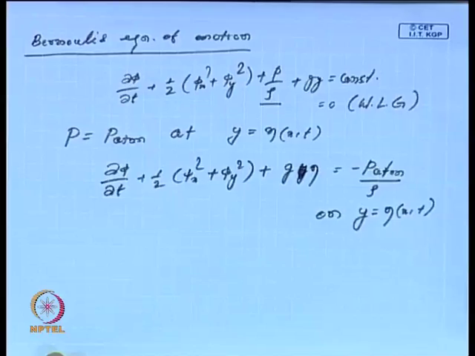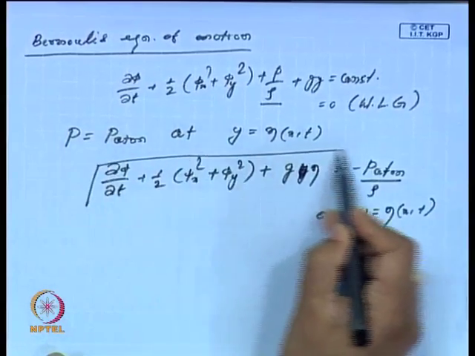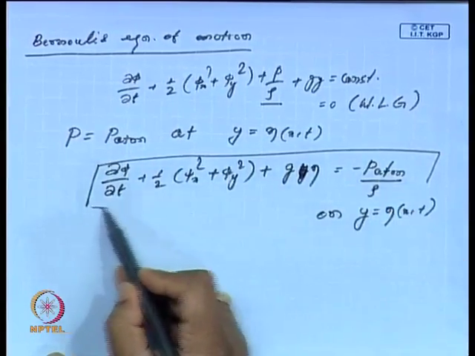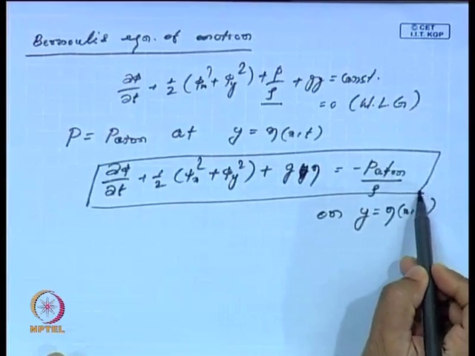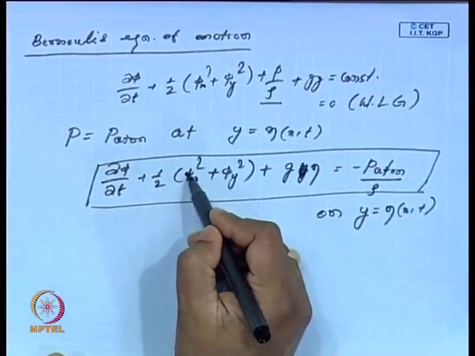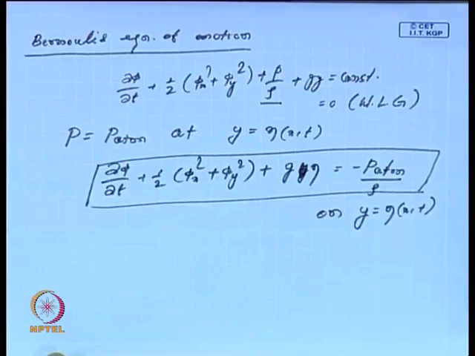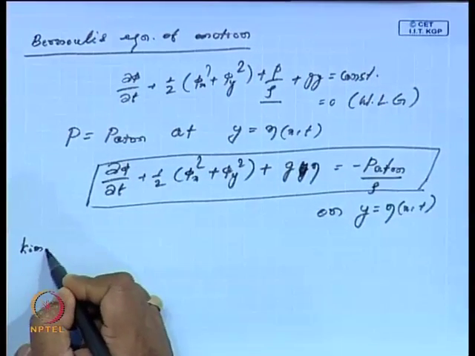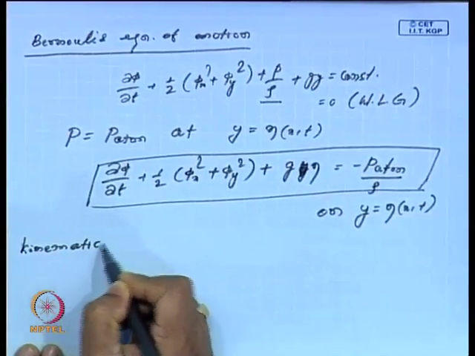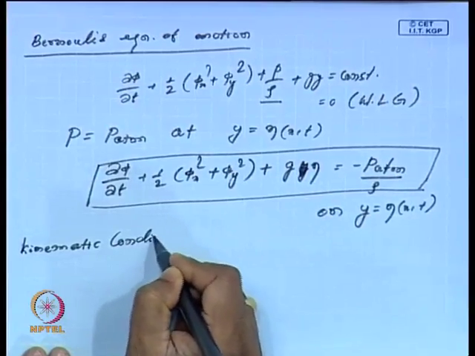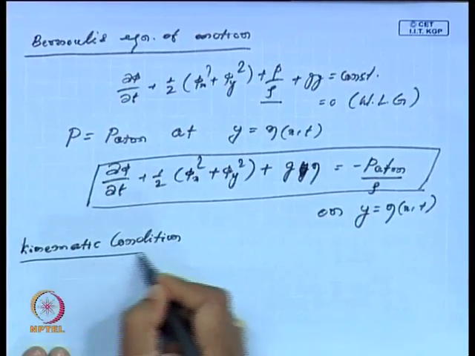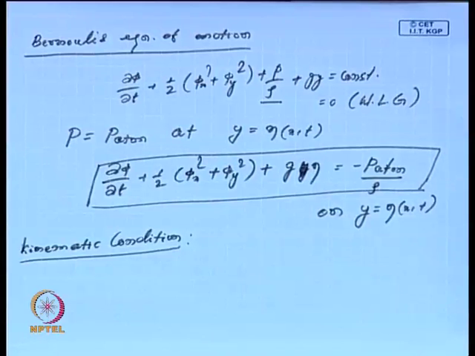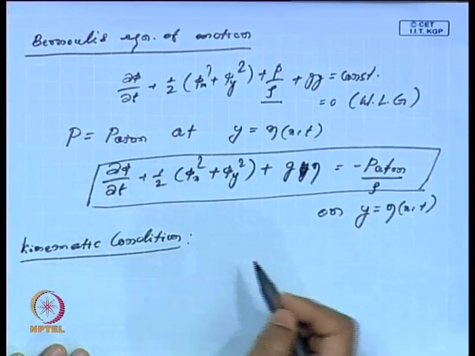And this condition on the free surface is the dynamic free surface condition. This is phi. On the other hand, when it comes to the kinematic condition, the kinematic condition is one of the very important conditions for almost all wave problems, and this kinematic condition says, when we have a fixed boundary surface,